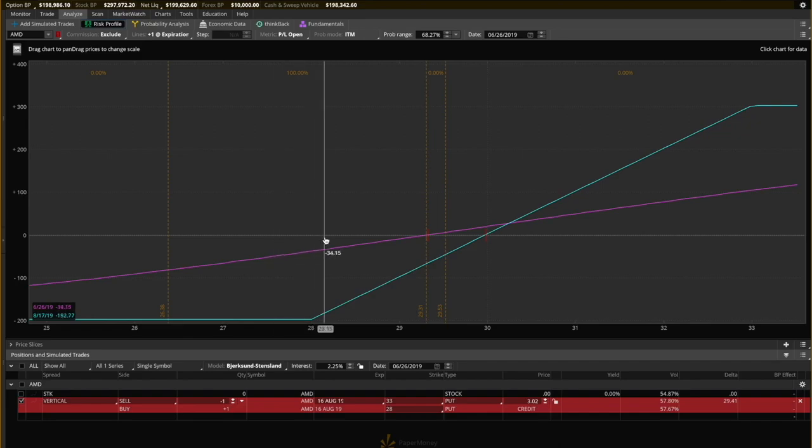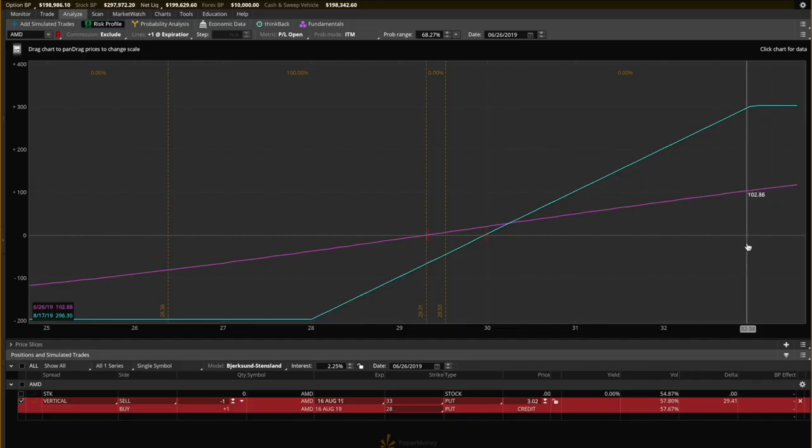And if you drag your cursor across the screen, as I'm doing with mine, you can actually see the exact breaking point at $29.99, or around that area. I can't get it spot on, but the stock can go all the way up to $29.98, or the stock can stay below $29.98, and I will lose $0 on this trade. Now, if the stock goes anywhere above that area at expiration, I will get to make money. I will get to keep a part of that credit that I collected by selling that put. So anything above $29.99, or let's call it $30, I will be collecting money, and I can collect my max profit at